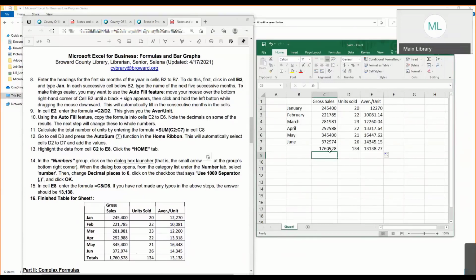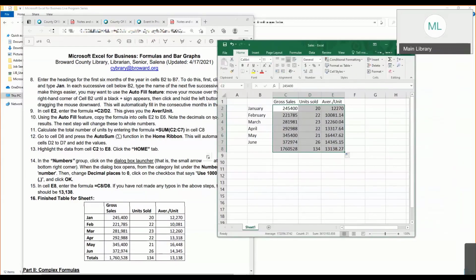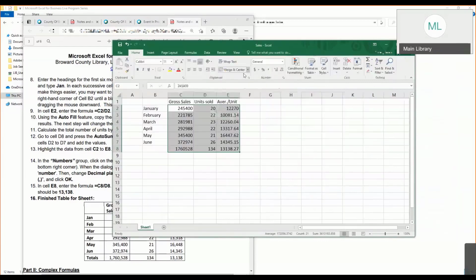So what I'm going to do is select cells C2 through E8. So I'm just selecting the numbers. I'm not worrying about the months or the headers. And now is the fun part. I'm going to make it a little bit bigger so you can see it better, because you'll see it shrinks the menus here at the top. In my home ribbon here,